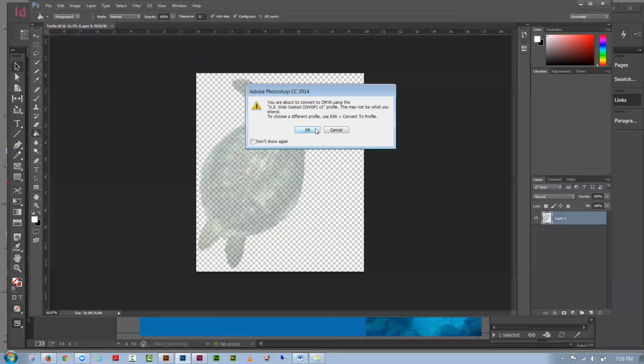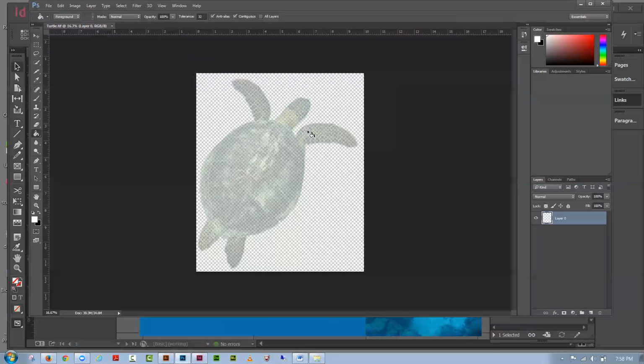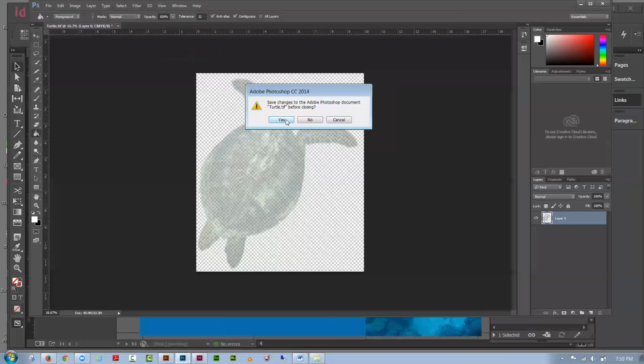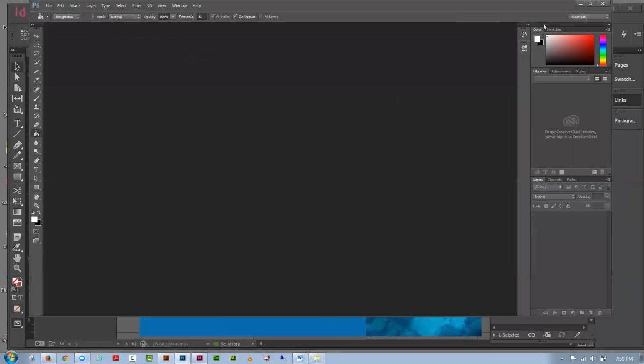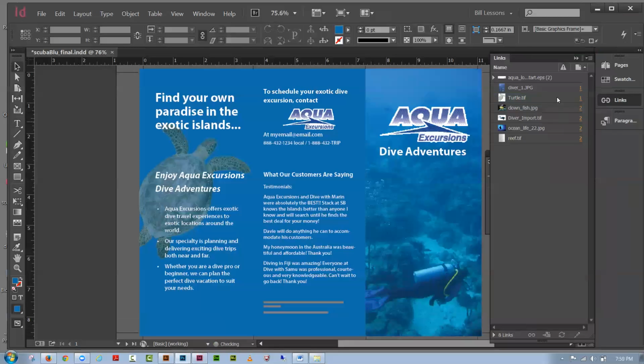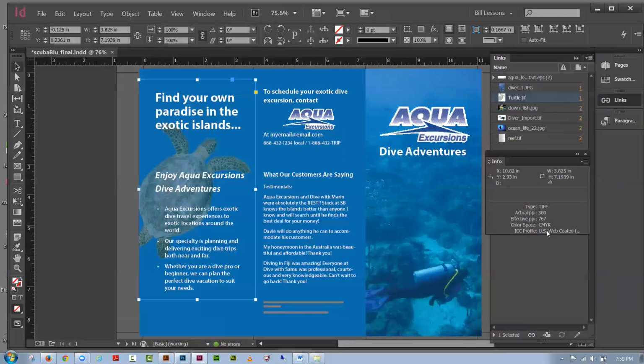And I'm just going to accept this profile. If I wanted to change the profile, I would go to Edit, Convert to Profile. At this point, I'm not going to do it. What I'm really concerned about now is that you understand that we need these things to be in CMYK, and you should be checking yourself to make sure that you're good with this. So I hit OK, and I'm going to close this and save changes. Yes. And now when I come back into here, you'll see that if I click on my turtle TIFF and go to my Info panel, see it's no longer RGB,